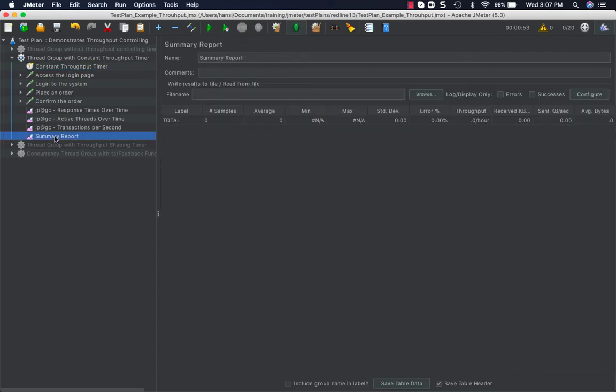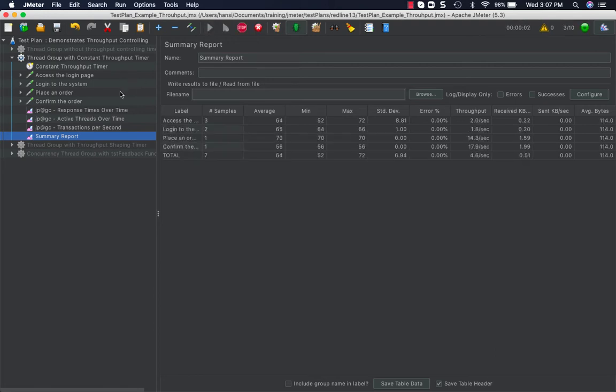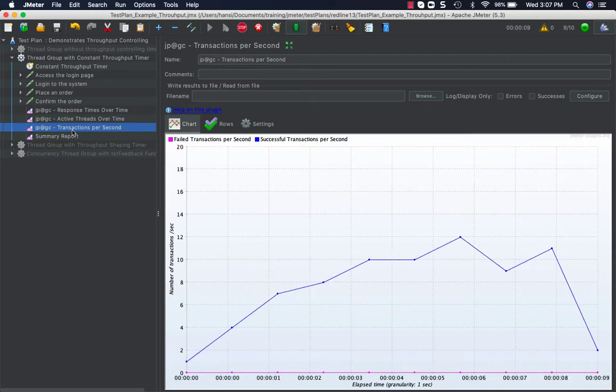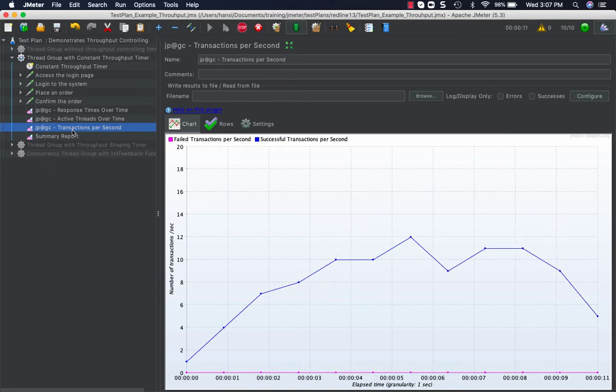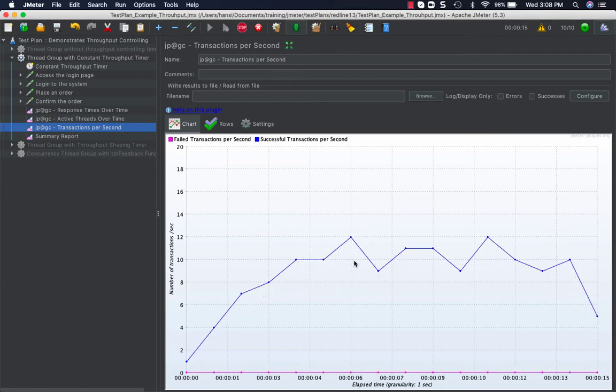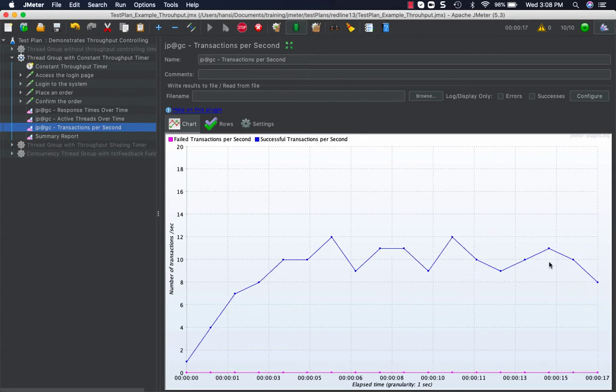Let's run and see again. Clean everything. Run it. Start this test. You can see how transactions per second is changing. So this time it tries to keep the transactions per second around 10.